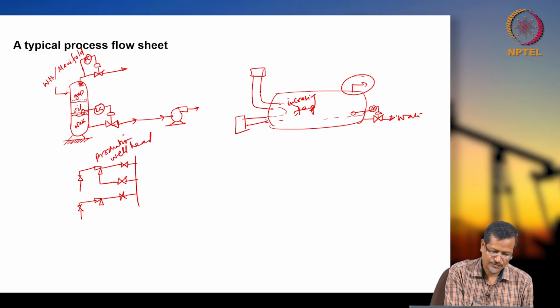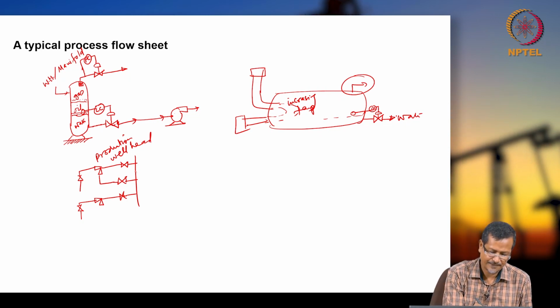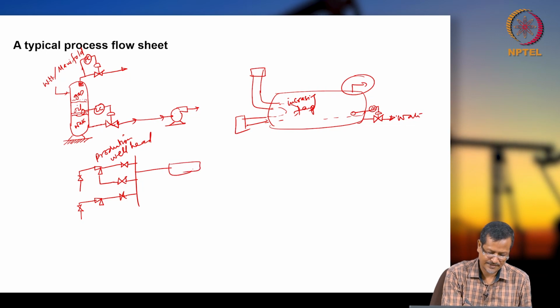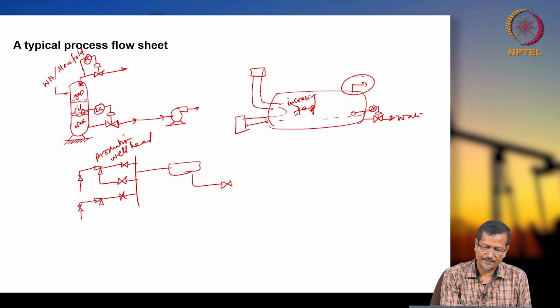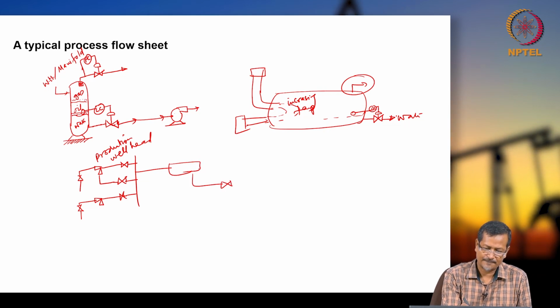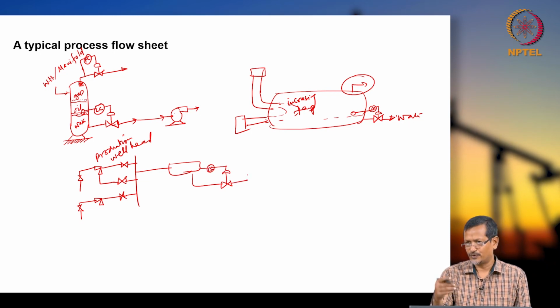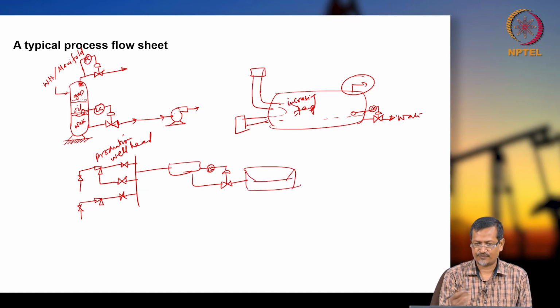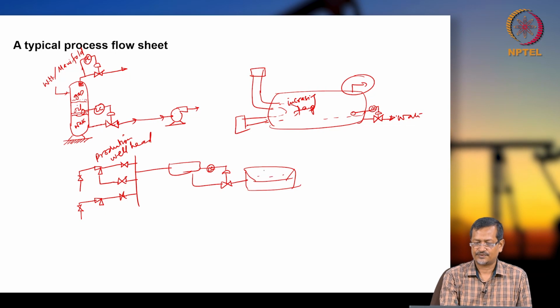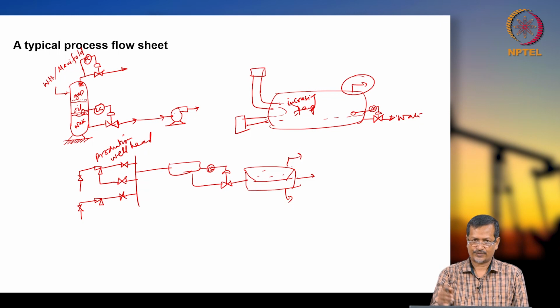And so this is a production manifold also. So all together you are saying production manifold. From there, let's say, we have one horizontal separator, then we will have this water line maybe, and the water line must be controlled again, right. So maybe this is LC, then the water line will go to your flotation chamber, this symbol for flotation chamber. From the flotation chamber water will be disposed, gas will go to your gas line,